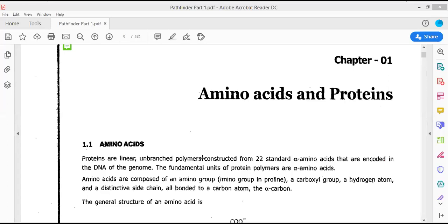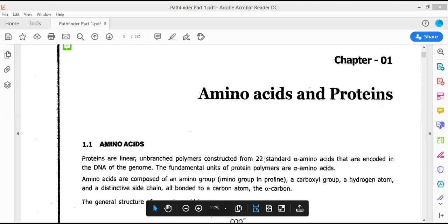Proteins are linear unbranched polymers of 22 standard alpha amino acid residues. They are encoded in the DNA of the genome. So what is going to happen? So protein molecules,